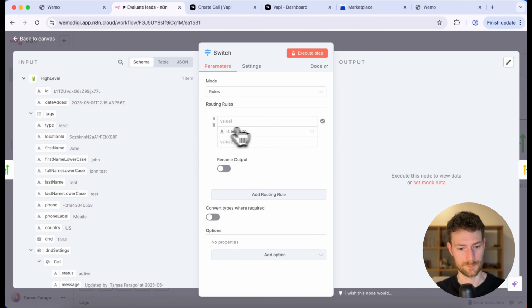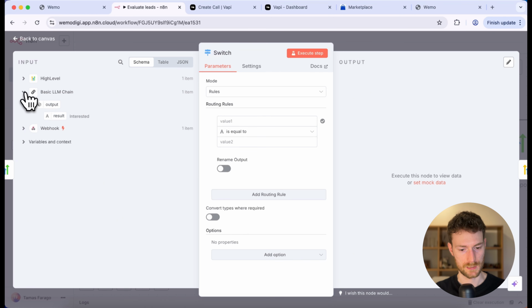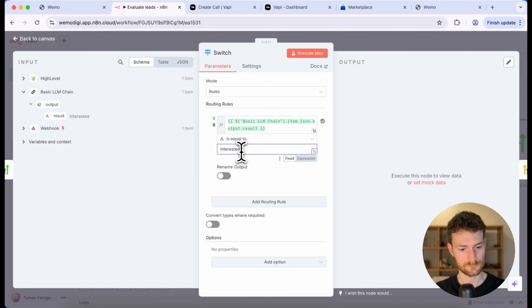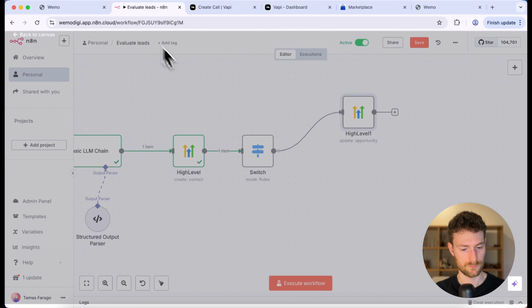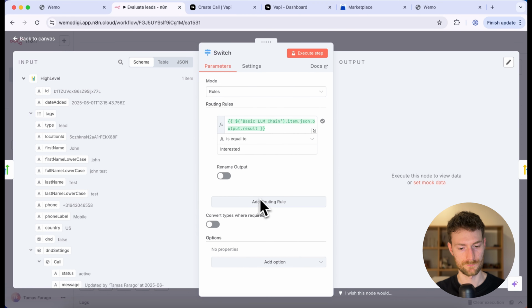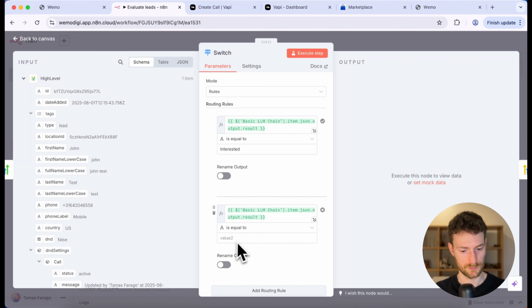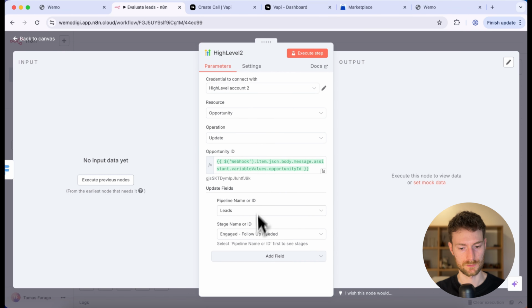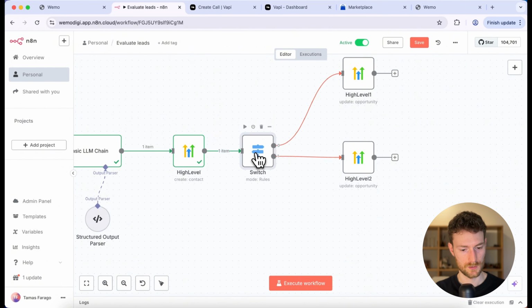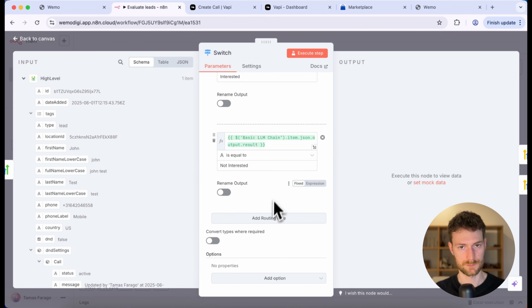I will need the value from the basic LLM chain. And condition A will be if the result is interested, then I'm going to move the lead to the engaged column. Let's add another rule. If the lead is not interested, let's copy this. And if the lead is not interested, I'm going to move it to the do not contact column. And if we didn't receive any transcript, I'm going to move it to the call later column. So let's add another rule,